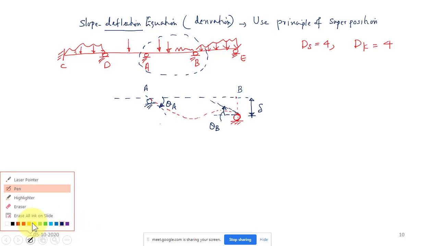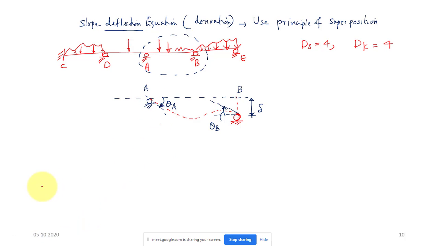Of course, there will be some end moments in this span. It is a continuous span. You must have studied the three moment theorem and drawn the moment diagram. You will find that if you have a continuous beam, there will be some negative moment, hogging moment. So this is the deformed shape of the span AB, and there will be some end moments. I will explain the direction also. I am just taking this direction: MAB, and this is also your moment MBA.